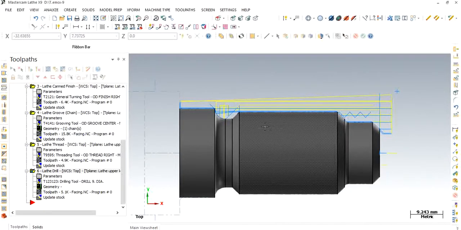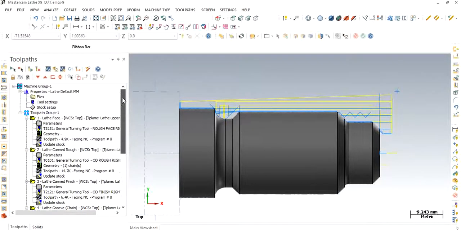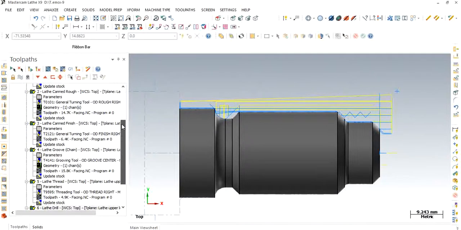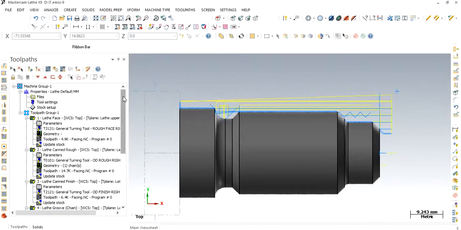Now after performing all these operations, if you want to simulate whether my tool is colliding with the workpiece or chuck, you can simulate all these things in Mastercam software. For that, first of all you have to use this menu. Here the first option is select all operations. You can see on your screen that now only the lathe drill is selected. So this green arrow should be on all the blocks. For that select all. You see all operations are selected now.